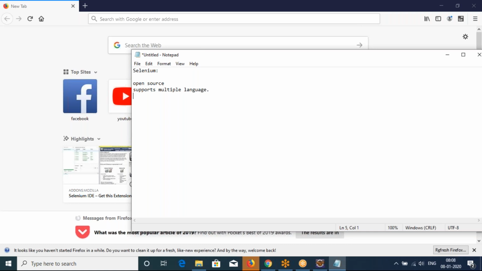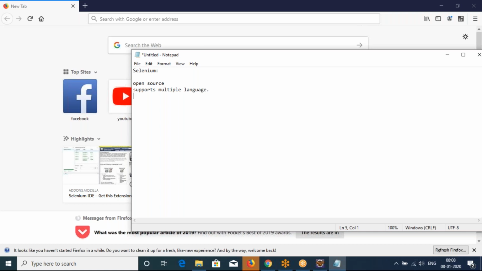Based on the scenario, if you integrate some tools, it might support. It's an add-on with the help of other tools. It supports multiple languages like Java and Python, and it's open source.